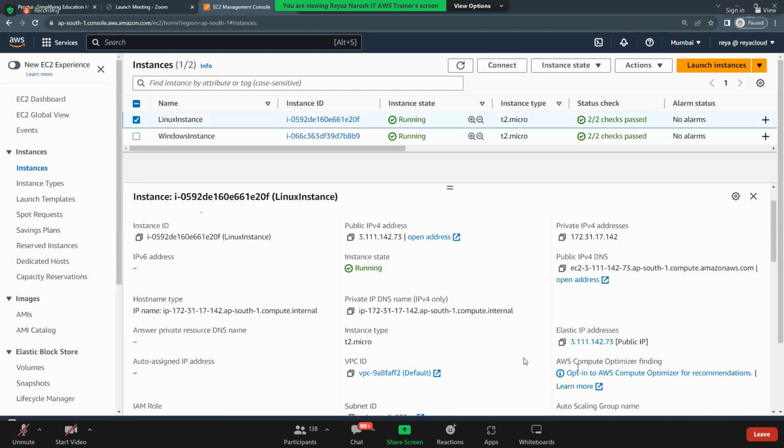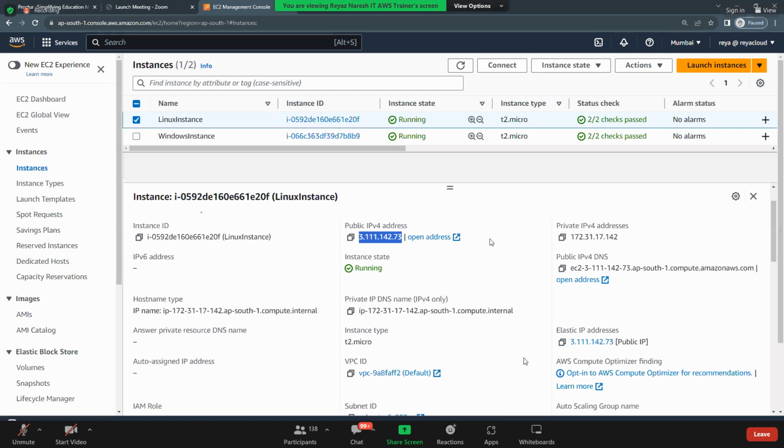Do you see this? Elastic IP address got assigned. And the public IP also remains the same as the elastic IP. You understood? So if you assign the elastic IP, the public IP also becomes the elastic IP only.